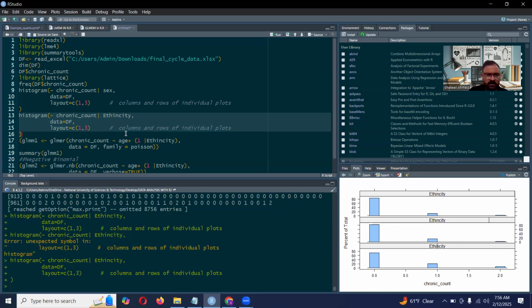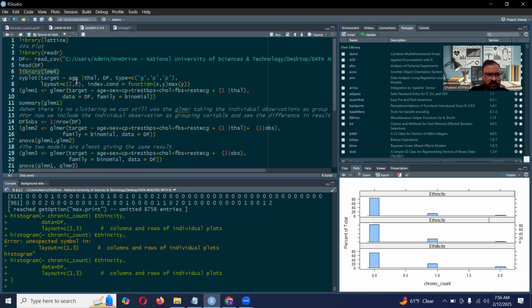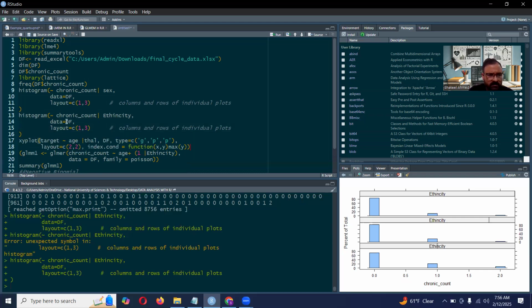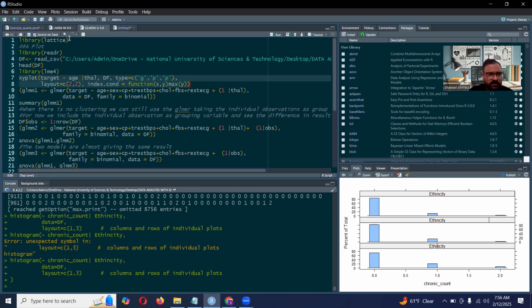for different ethnic groups. We can see the pattern using, for example, we have previously shown that XY plot is used for this purpose, and you can see how the relationship between chronic counts, that is our response variable, and for it you need the ggplot package, I think latest package. If you have already installed,